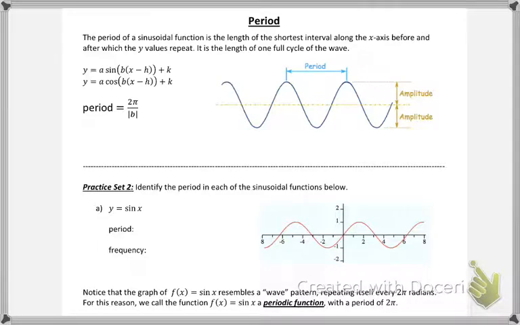Now that we learned that an amplitude is half of the distance between the highest and lowest point of your sinusoidal function, we're going to look at something called a period, which is another characteristic of sinusoidal functions. A period is just the length of the shortest interval along the x-axis, so it's a horizontal distance, before and after which the y values repeat. So it's basically the length of one full cycle of your wave, and you can start that cycle at any